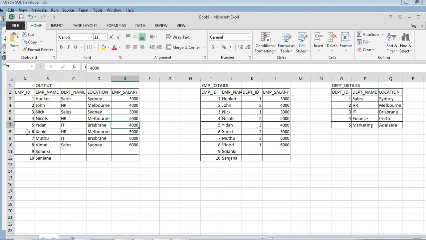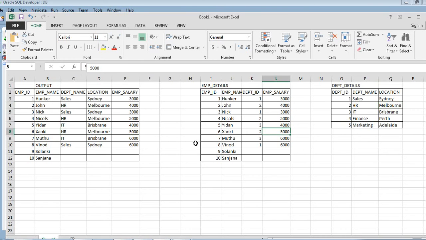For Skauki, EMP ID 6, department ID is 2, and department ID 2 is department name HR and location Melbourne. So it's reflecting properly. Skauki, HR, Melbourne, and EMP salary is 5000, which is coming from the EMP details table.